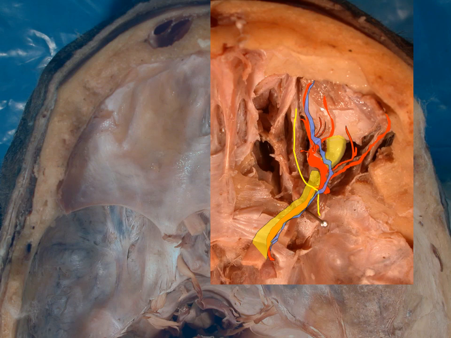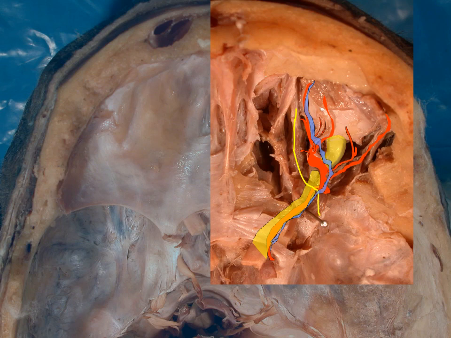Next, the ophthalmic artery and its branches. The ophthalmic artery supplies the contents of the orbit. It's a branch of the internal carotid. It passes through the optic canal with the optic nerve to supply the contents of the orbit. It is first infralateral to the optic nerve, then crosses above the nerve from the lateral to the medial side with the superior ophthalmic vein in close vicinity.